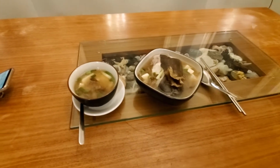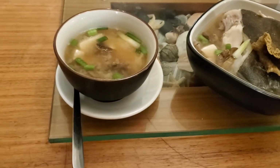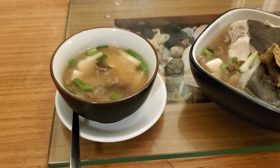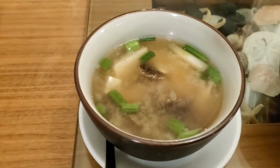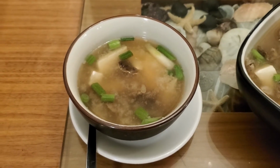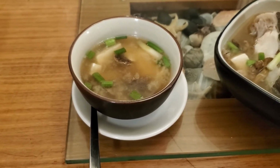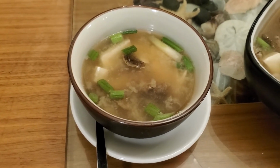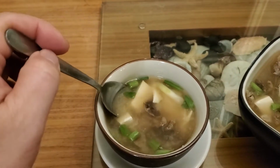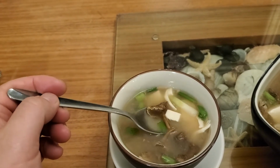Okay, here you go. This is two ways to present your soup. Most of you are afraid of fish head. So what we're going to do is present it using the fish head as the base for the fish stock. A good miso soup always has to have that fish component to give you that... Oh man, look at that miso. Okay, so in the soup we have your tofu, we have our winter chanterelle,